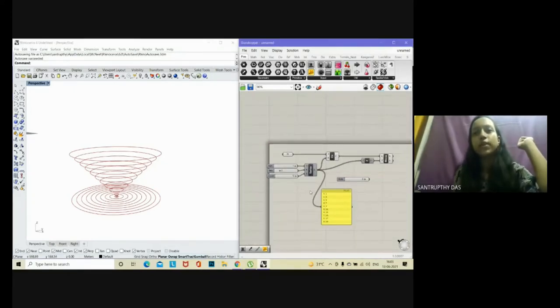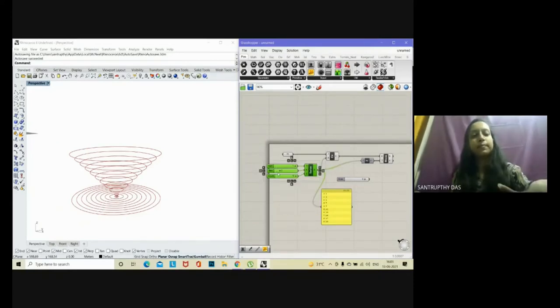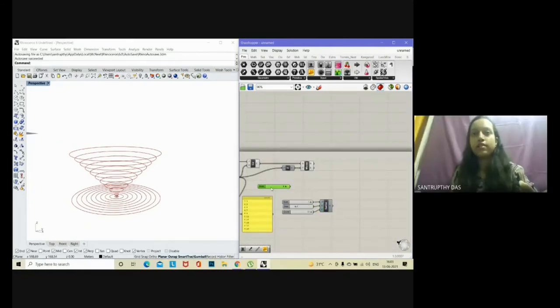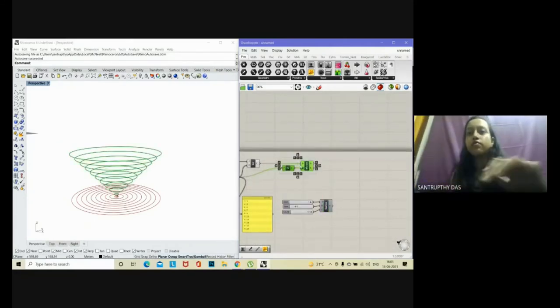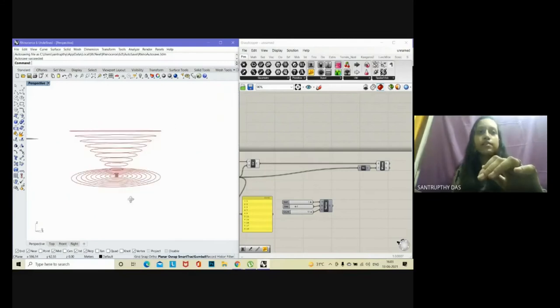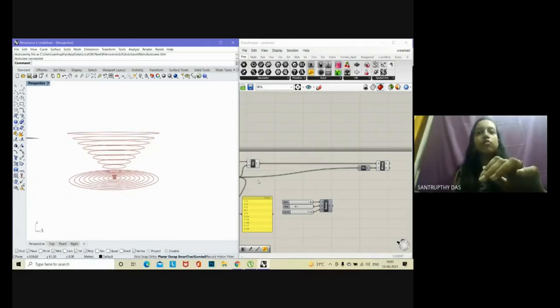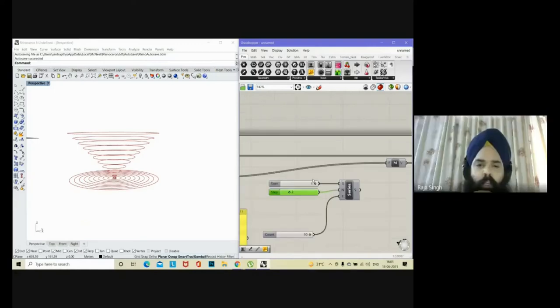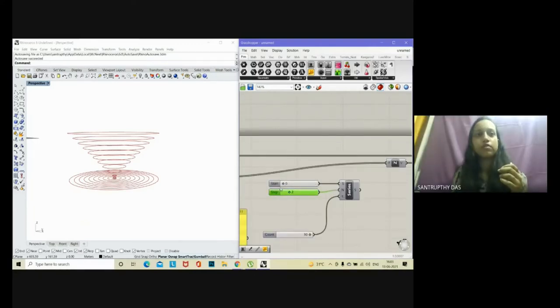So if I just copy this set of series and make a new series here, and I can remove this now and I'll move both of these a little ahead. So you see what happens in this series is that it's almost equal to whatever we were giving there. But if I change values and I say that the first circle is not supposed to rise up at all, the first circle is supposed to stay at 0,